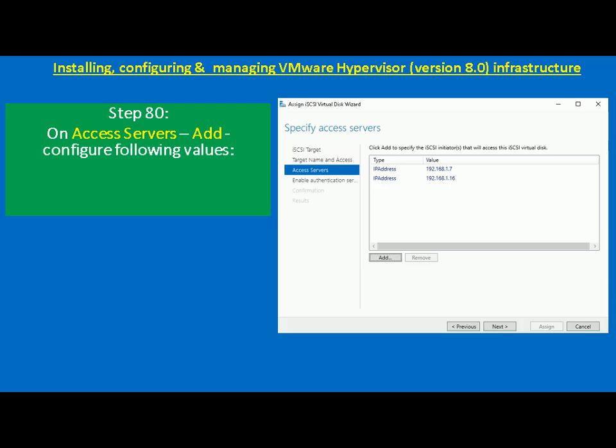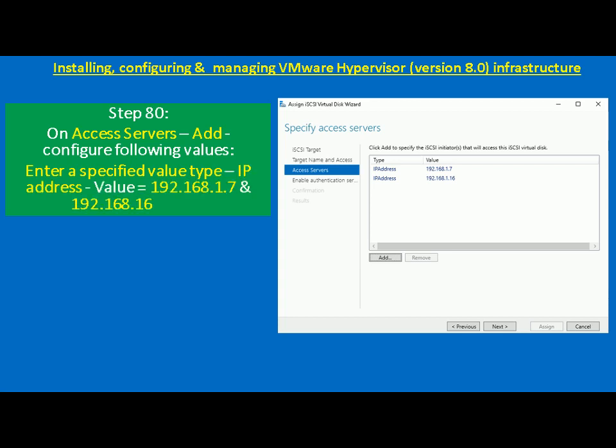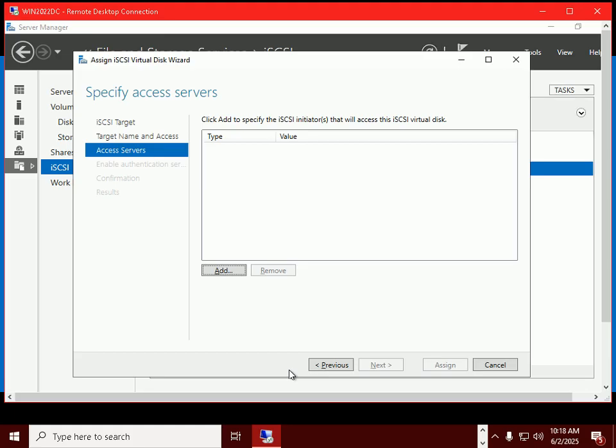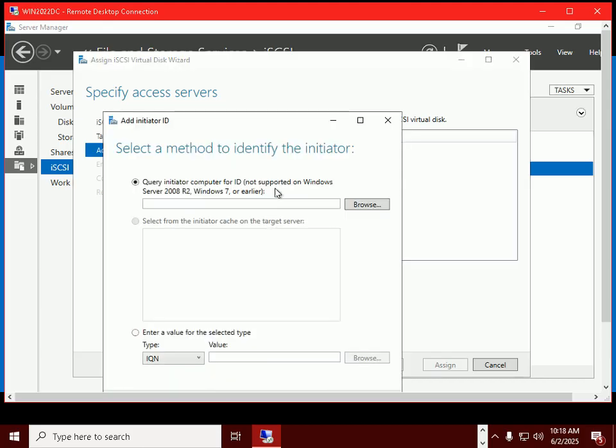So on access servers, click on add and configure following values. Enter a specified value type, IP address, and then value will be 192.168.1.7 and 192.168.1.16, which are the IP addresses of our ESXHOST 01 and 02. Okay, so coming back here, I will click on add